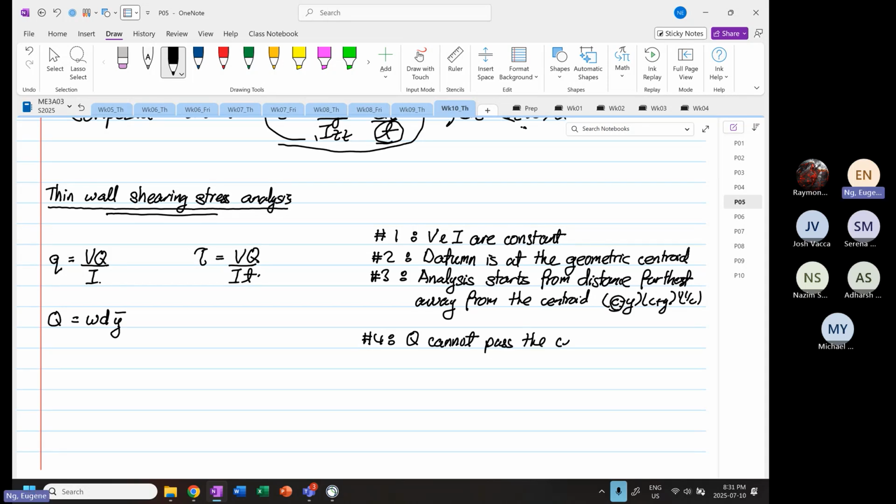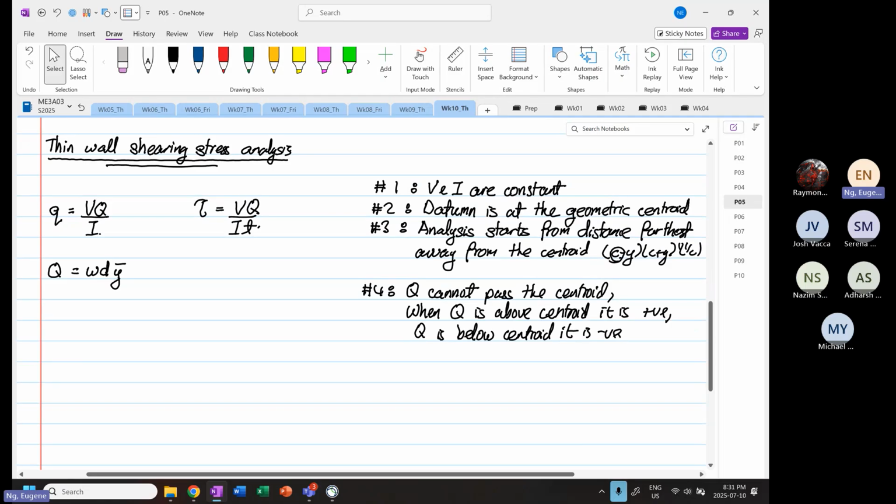the centroid. But we also discover that when Q is above the centroid, it is positive, and when Q is below the centroid, it is negative. Either one, the answer will be the same. Then rule number 5,